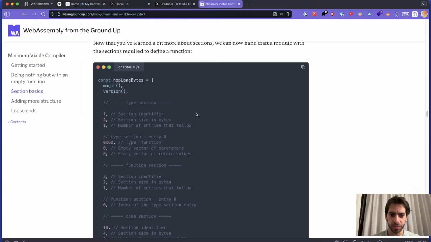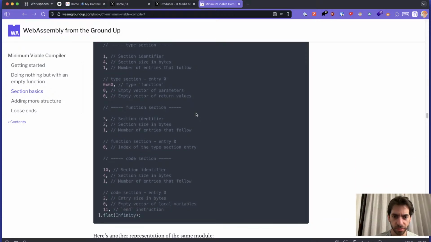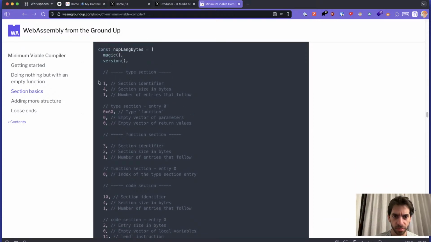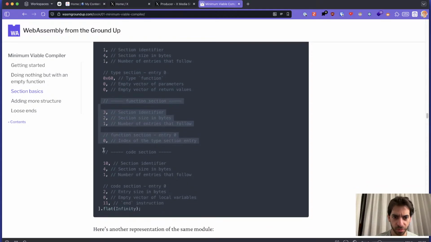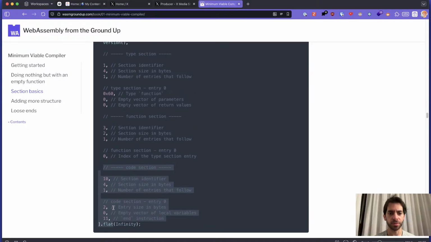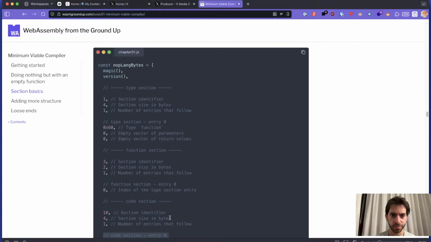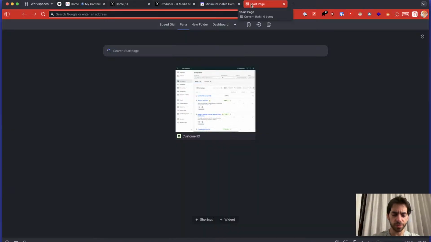We got the type section, we got the section identifiers, section size in bytes, number of entries that follow, and let me count the entries. So entry 0. Okay, so we got this type section, we got the function section, we got the code section. Right, so it always has one in here because we only have one section of the code that is following. We define the types. Something that we need to remember is that WebAssembly does not use named functions. If we recall correctly from the previous one,